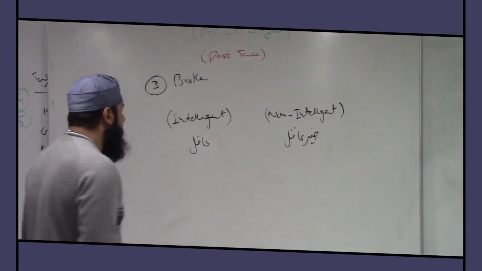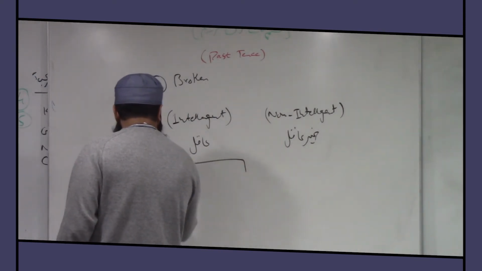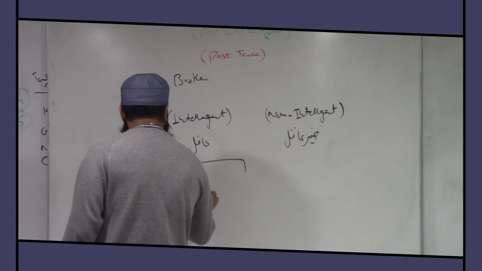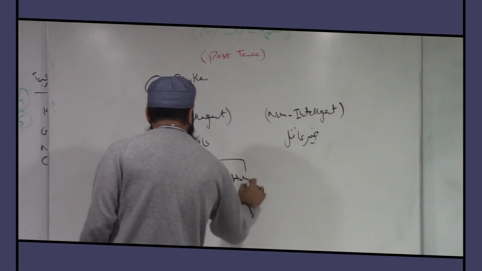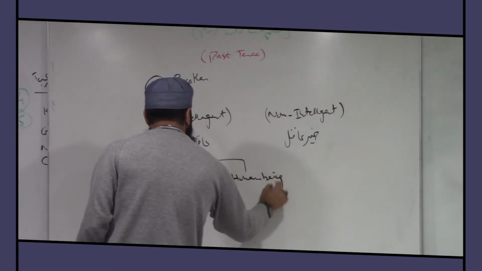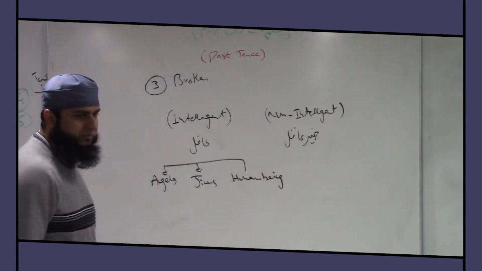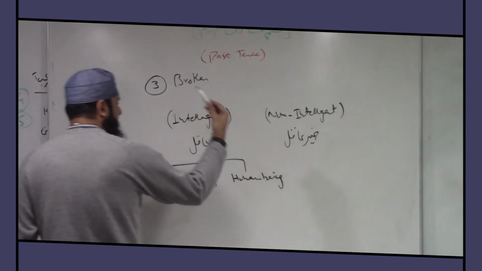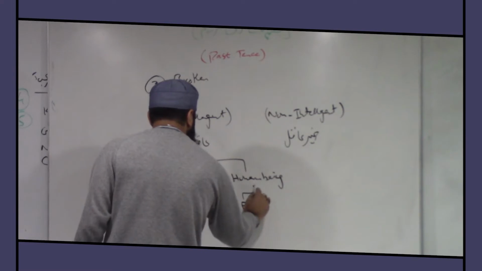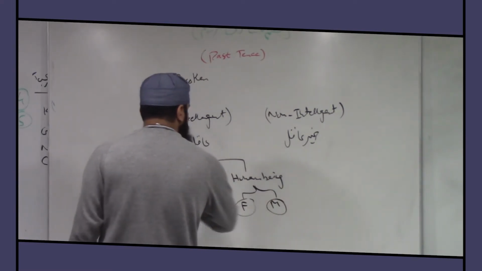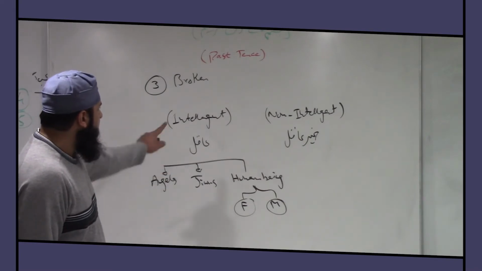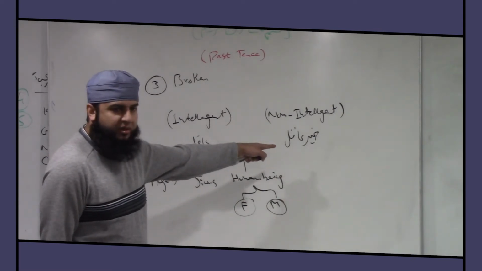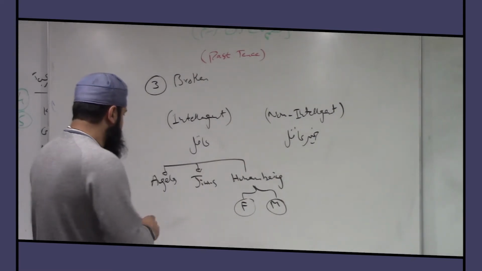And I told you aqil, there are 3 things: angels, jinns, and human beings. What about parrots? Parrots? Come on, man. Parrots are not going to go to school. Okay, angels, jinns, and human beings. And it doesn't matter, it could be feminine, it could be masculine. So whenever you have a broken plural out of these intelligent beings, not from here, in this situation you can use both, right?